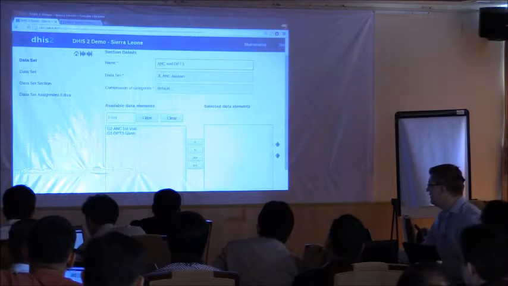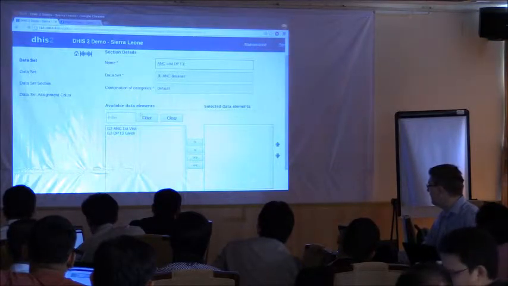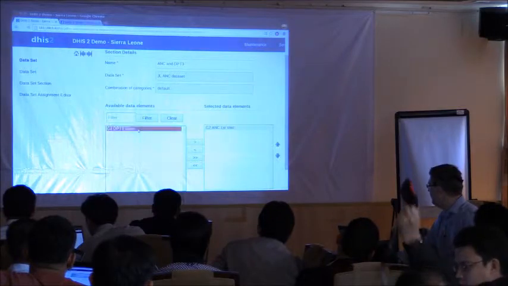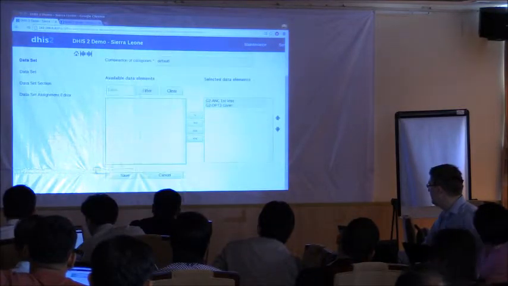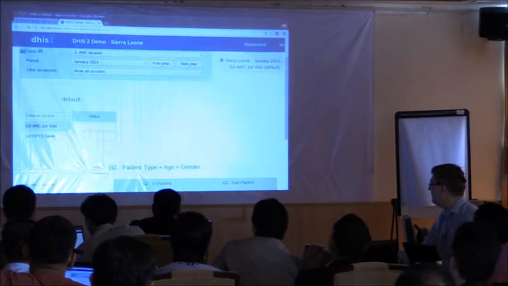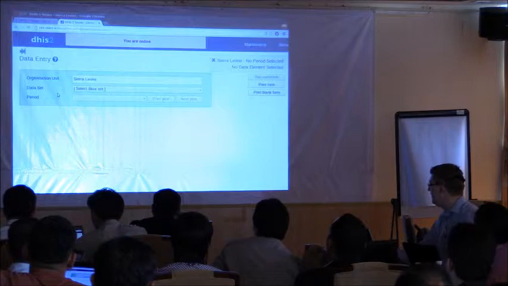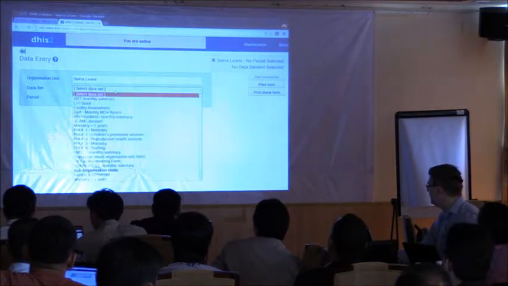And after that, I have to select within this category combo which data elements I want to include in this section. So let's include both. And we save. So let's just look at how it looks now. You refresh the page, download the dataset again and update the metadata,